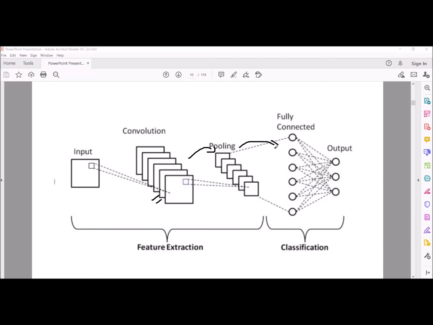We are flattening all the feature maps into a single layer. And finally, we are classifying. So this CNN, which is short for convolutional neural network, overcomes the 2 problems which we discussed in the artificial neural network. First, it is computationally effective compared to the ANN, and second, it does not miss the spatial information in the image.